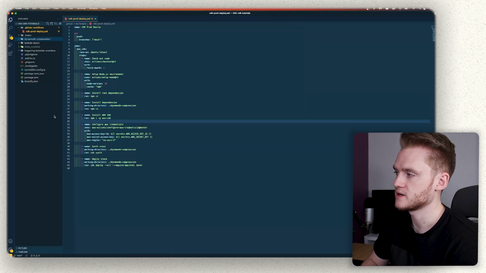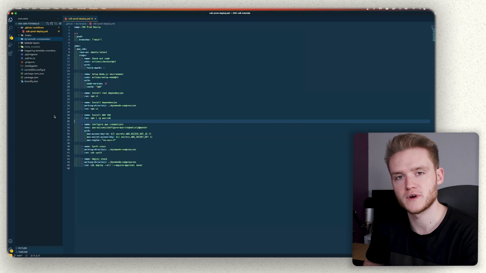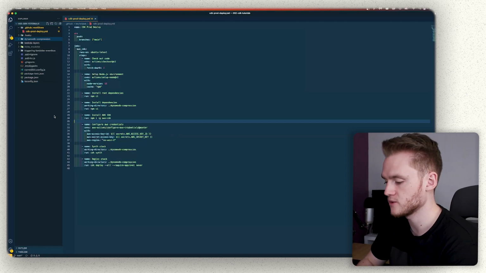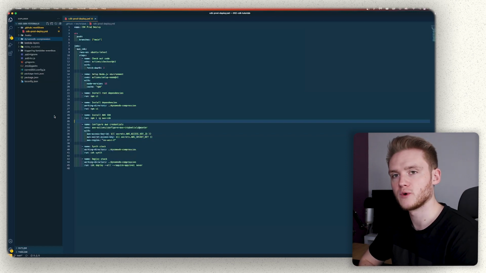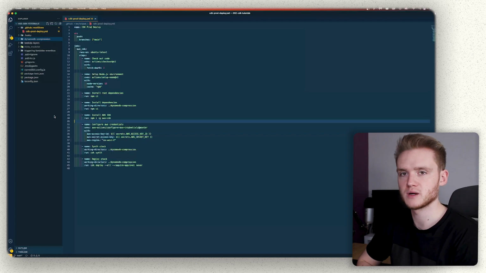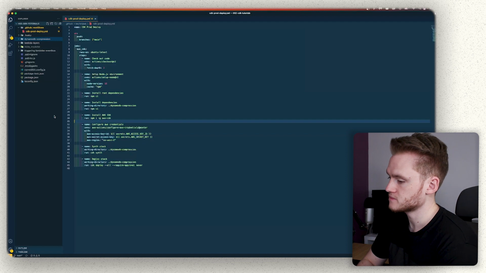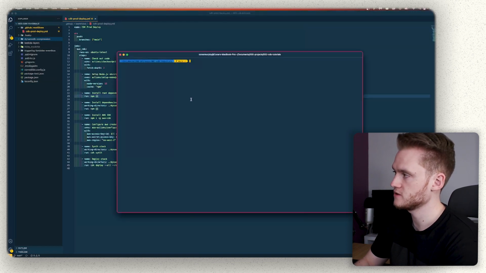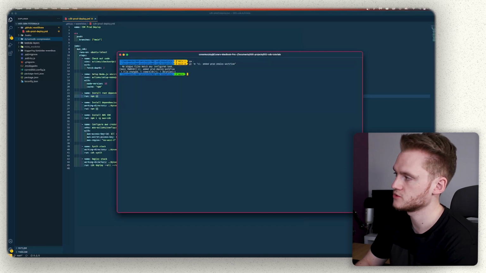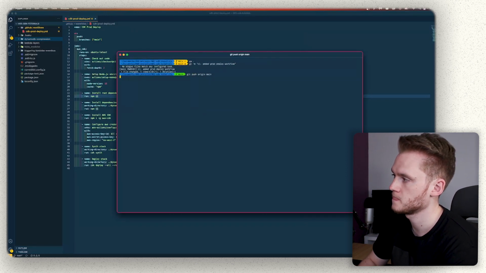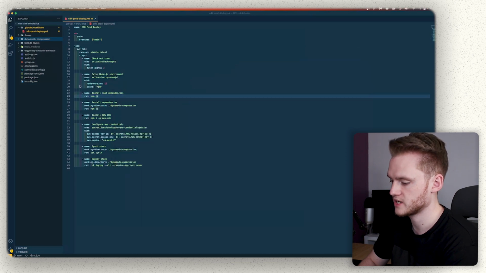And now we can push our new workflow file up to GitHub and let that run, and then hopefully it will deploy without issues. So with that all covered, we can now add our file in Git, stage it, commit it, then push it up to GitHub, and then watch our workflow run. So let's just do that now. So I'm just going to add the file and do ci added prod deploy workflow. Then we're going to push that up to GitHub, like so. And then I'm just going to head over to GitHub,